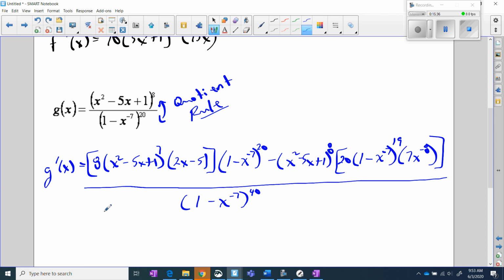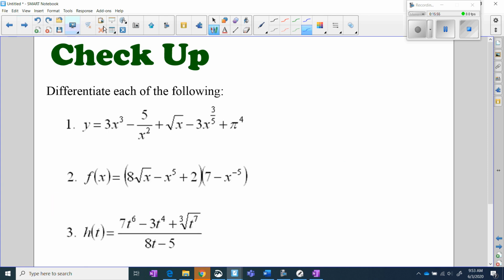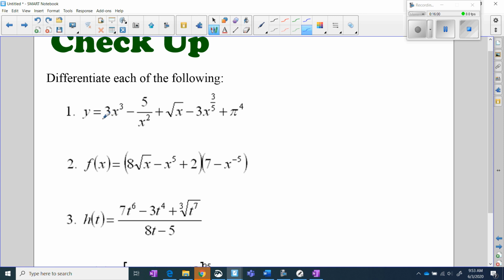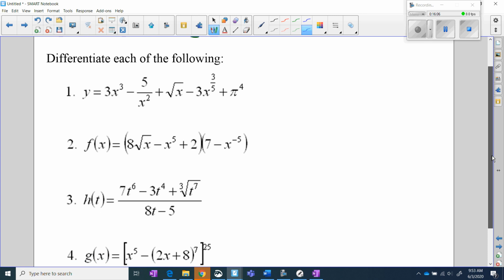Okay, so we now have all the rules of differentiation identified. We have our power rule, which you can see used extensively as you're doing all these other rules. We have a product rule, we have a quotient rule, and we have a chain rule. So it's at this point where we have to now try and make ourselves comfortable with these rules. So let's suppose I just had these 4 questions. Well, if I look at the first one, I'm going to do them in a moment, and you might want to pause the video and try them yourself here,